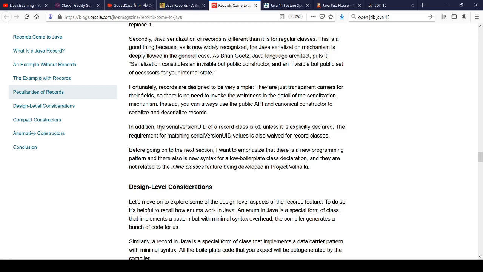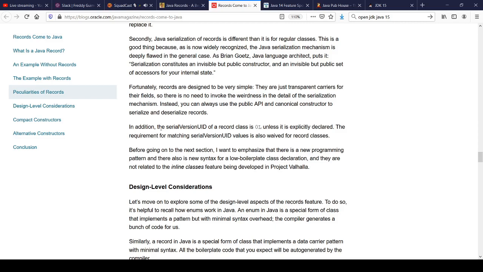Or for serialization to happen. So there are a couple of differences. I think Dr. Hines does cover it. But I'll say, if you're still using Java serialization, or if you never used it, it's not a good time to start. If you are using it and can survive, then just be aware that there are differences on serializing records.